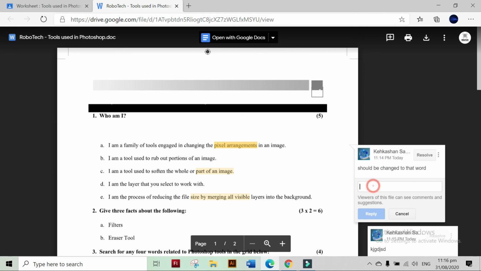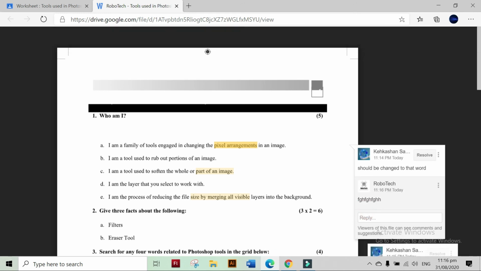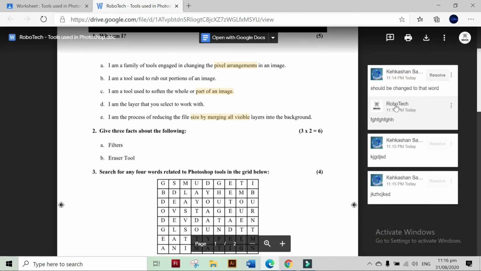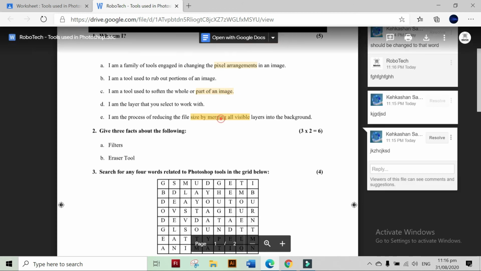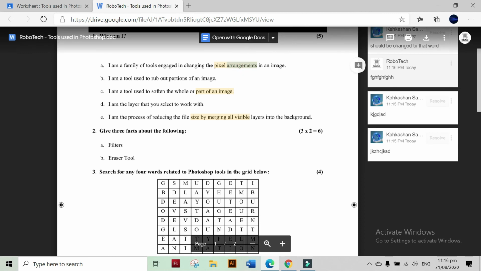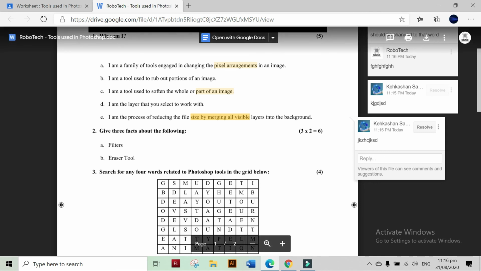So now you can add a reply over here to the teacher. Okay, teacher, I added this and that, and you can click on reply to the teacher, and the teacher will get the replies as well. So for example, this is the case. So what is the comment for here? All the corrections that the teacher has added are showing over here highlighted, and you can see the relevant comment by clicking on that highlighted text, and you can add a reply over here too.